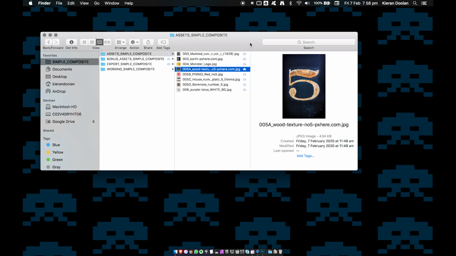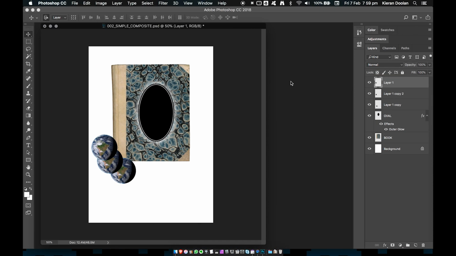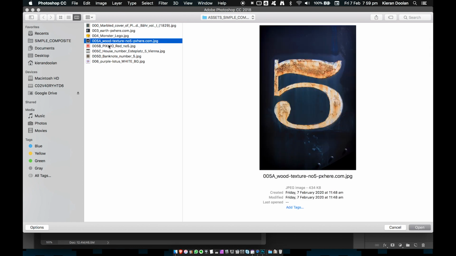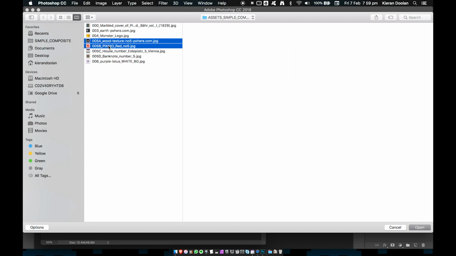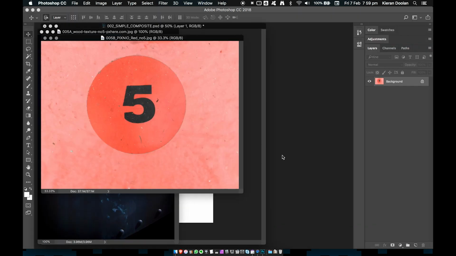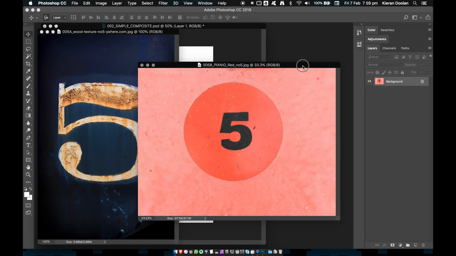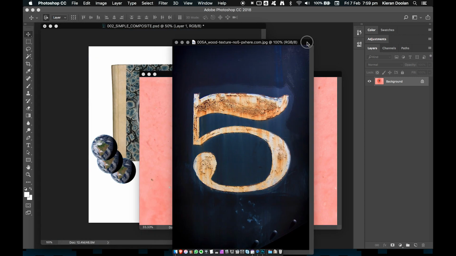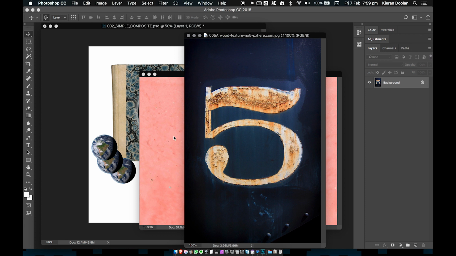All right, next step is to bring in some more assets from our asset folder. I'm just going to go ahead, double click on the application layer inside Photoshop. I'm going to shift select two pieces of artwork, the two of the fives that are sitting there. I want to do the same thing as we did with the world and bring them into this